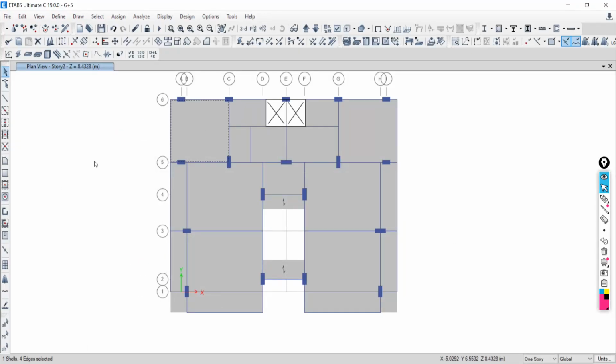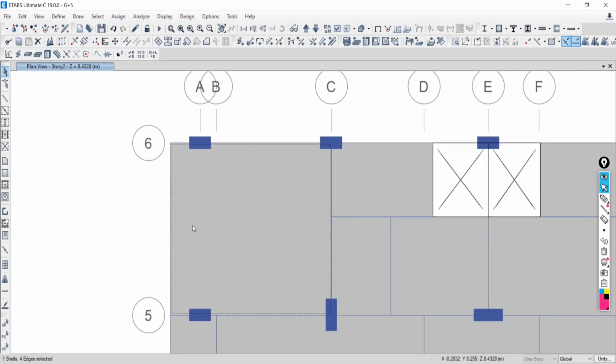How much load do we have to assign? Suppose 2 kilonewton per meter square. So it is what? Area load.